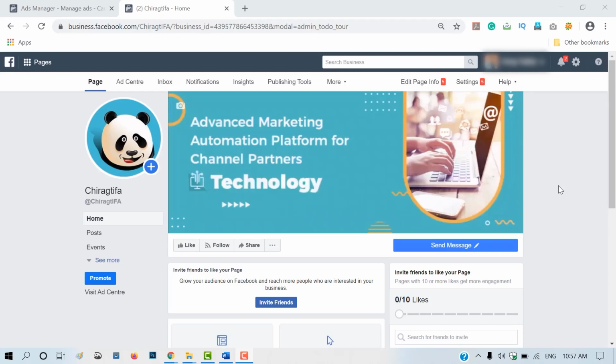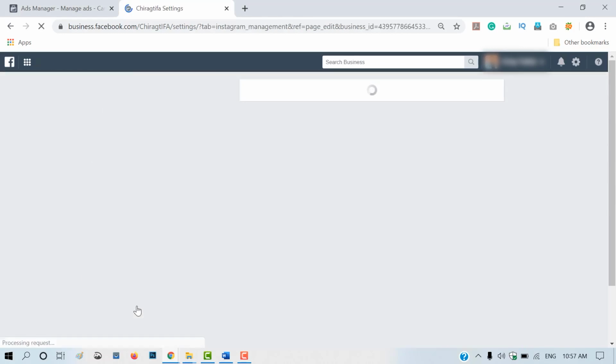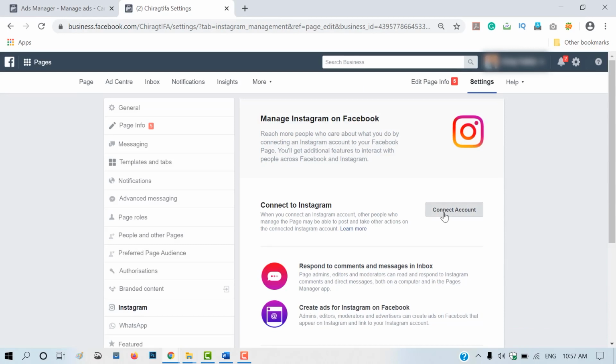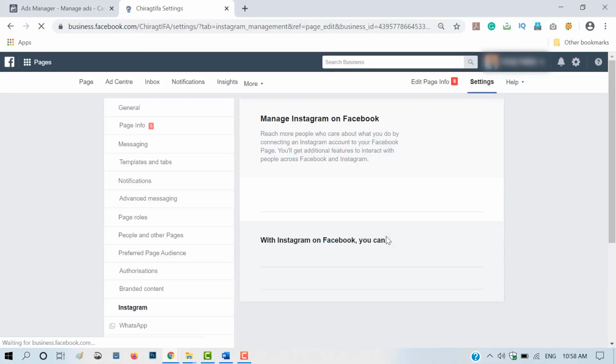You can run ads on Instagram. To do so, you will have to first connect the Instagram account to your Facebook page. Go to your Facebook page, click Settings. On the left-hand side, scroll down and click on Instagram account. Connect your Instagram account using your credentials. Once connected, you will be able to run ads on